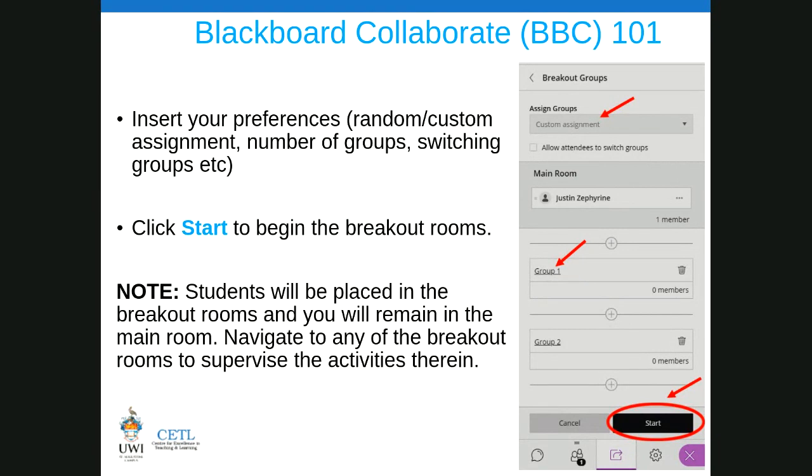So we'll do it, and I'll just do it very quickly. Let's say, Charlene, could you make groups of 2? Make 2 groups, please. 2 breakout rooms. Right, and click start. Now, we have 2 groups. So click start, and I'll go into both groups and explain to you how to do it.